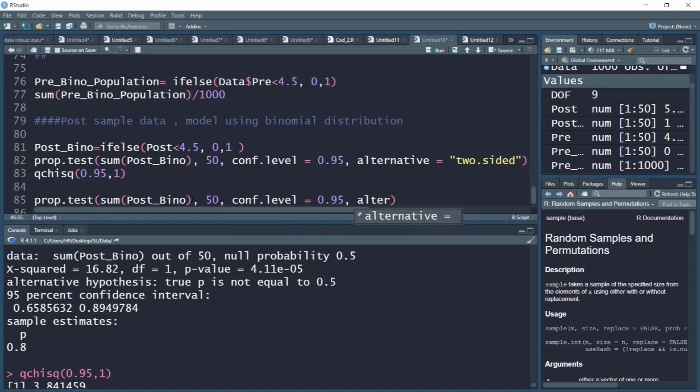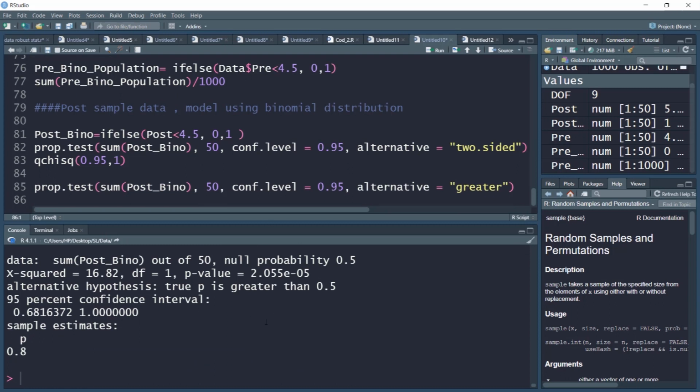Let's give the alternate hypothesis as greater. Since we already have that intuition that the probability of finding the individual as 1 may be higher, we'll examine that hypothesis. And it is indeed the case: the chi-square value is 16.82 and the p-value